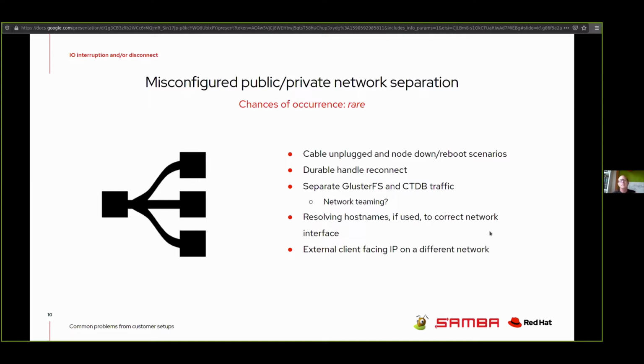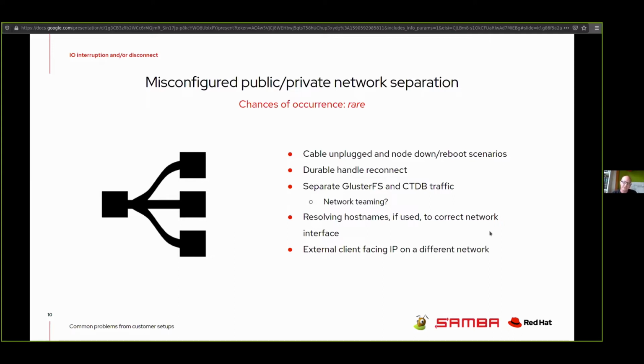Because, for example, we've seen setups where a customer was using DNS names which were pointing to just one of these IP addresses, sometimes even the wrong ones. And if part of their network infrastructure was taken down, like some nodes, it would then resolve to inappropriate IP addresses, resulting in the unavailability of services. Could be CTDB, could be Gluster, or could be Samba, and really creating a very, very difficult setup, because the client is then